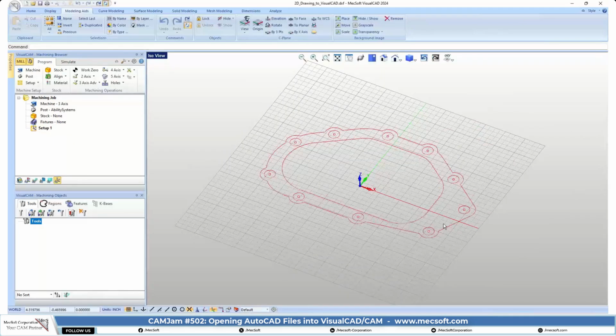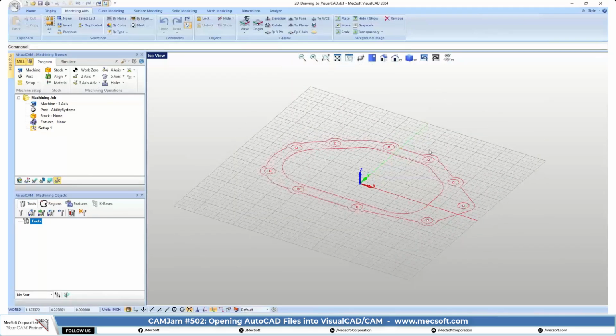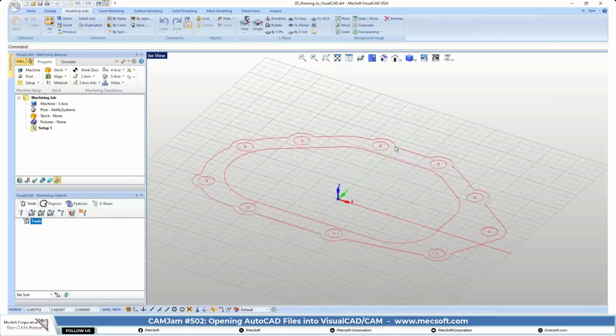So when you have a 2D drawing in VisualCAD, obviously there are things that you may want to do, some basic drawing. So I'm going to show you just some of the basic things that you can do in VisualCAD for working with